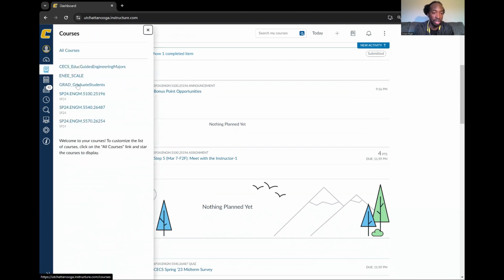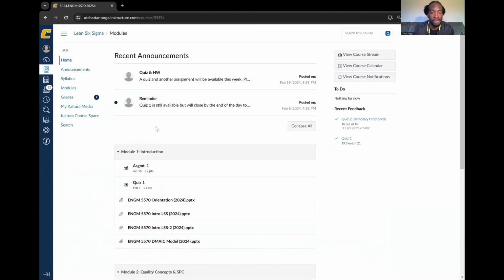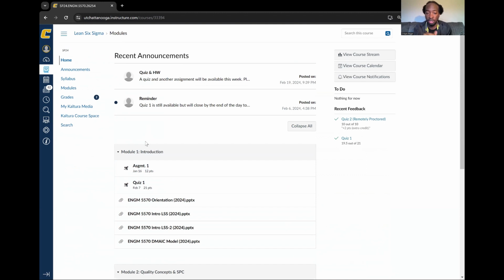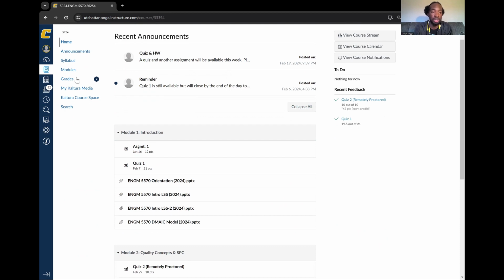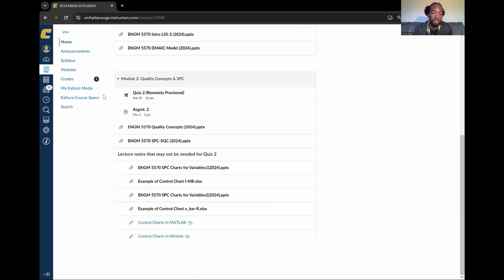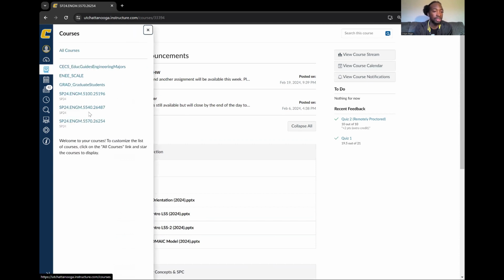Additionally, so we can go here by course. Let's go in this order. So boom. This is going to be for my Lean Six Sigma course. And as you can see, all the modules, all the different grades, all the different concepts that we're going over. We're in module 2, talking about statistical process control and quality concepts. So I don't have anything due, so what I'll do is just run through these again. Next class is going to be